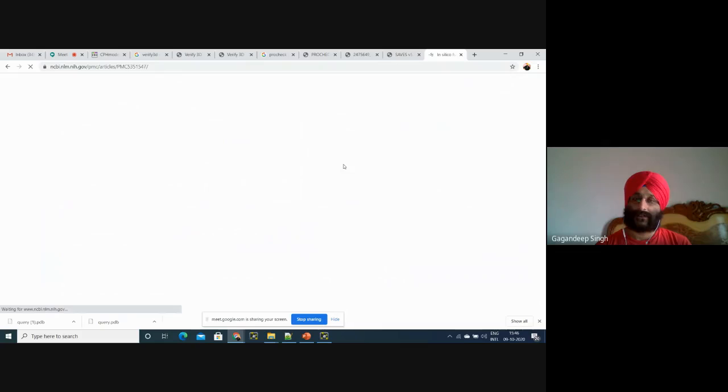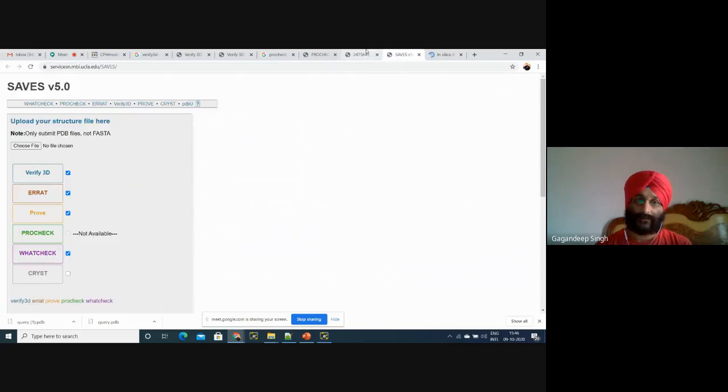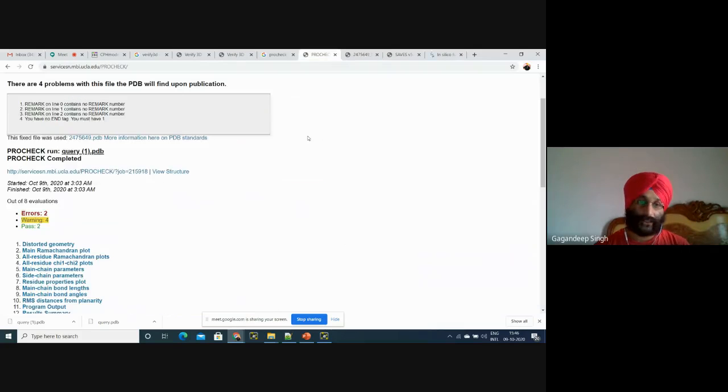Because there are a lot of other things, like we have found several things in ProCheck: geometry, residues, psi plots, chain parameters. But right now we need only the Ramachandran plot.